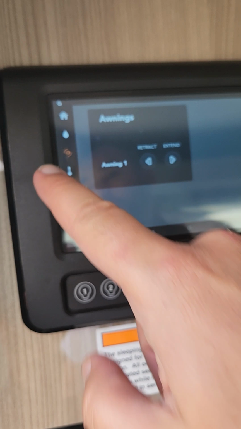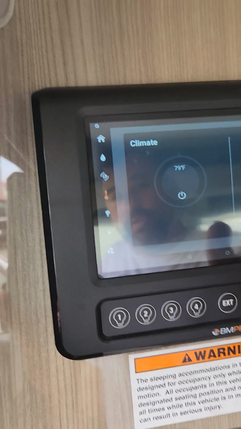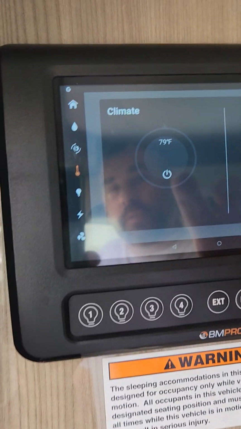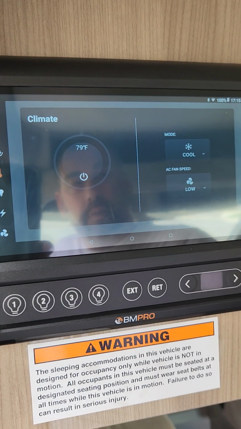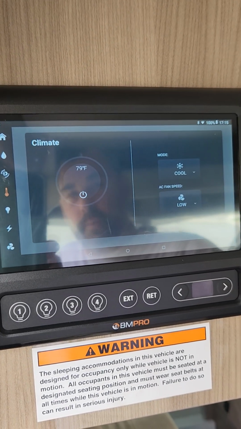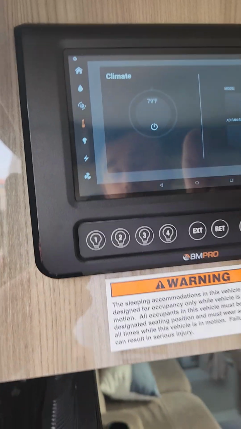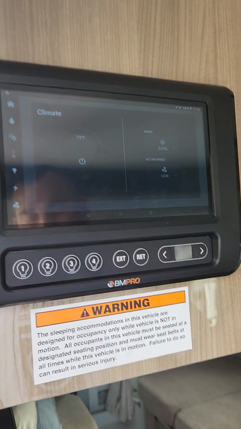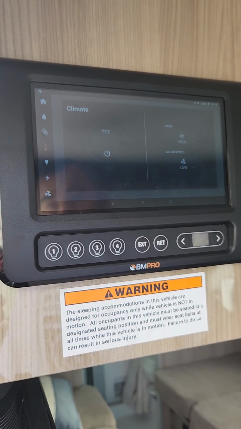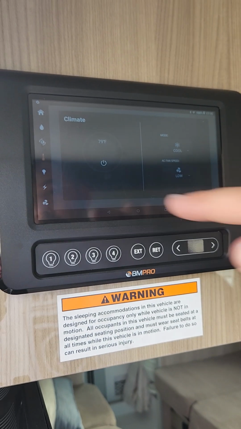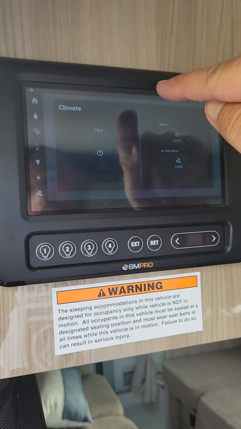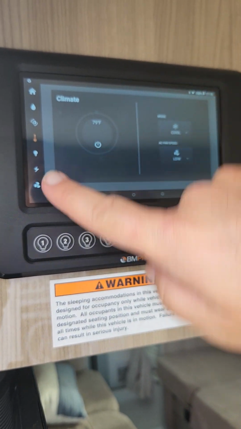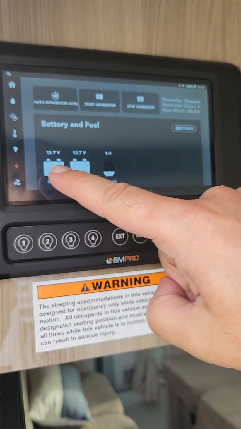This would be your climate control for your AC. This is only your air conditioning. Back over here is your heater, what we saw before. In order for this to work, you either need to be plugged into actual power, or the generator needs to be running. So if we hop down here to this electric bolt lightning,